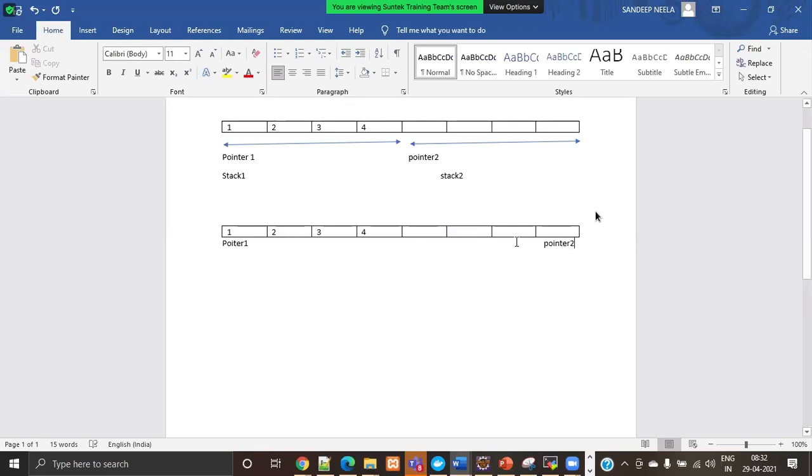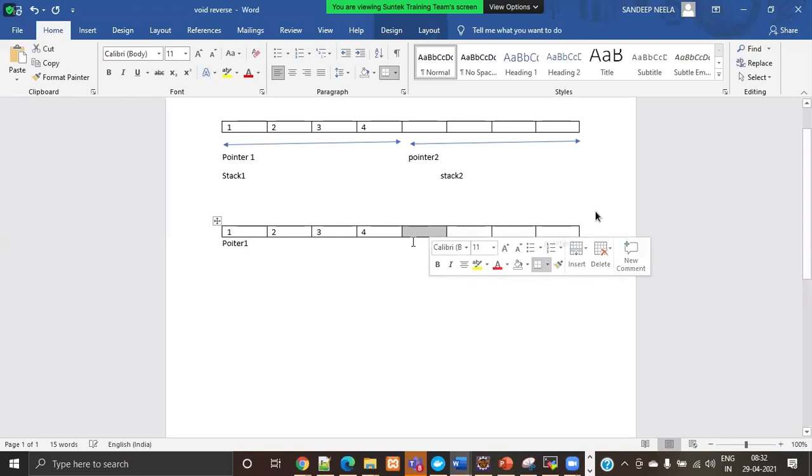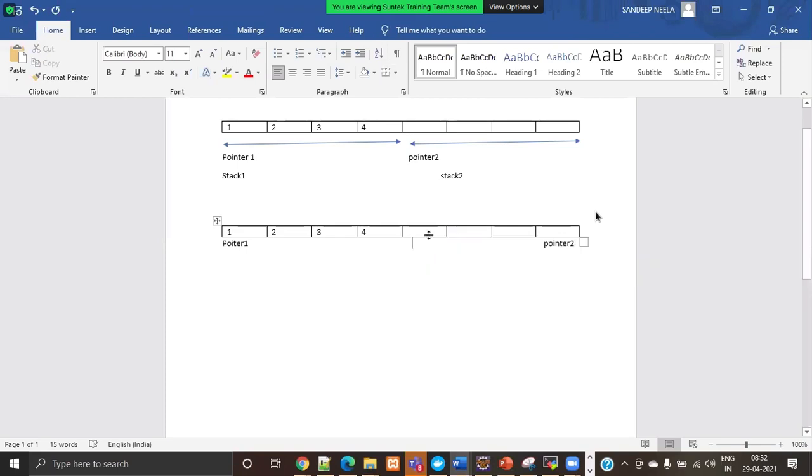While it is filling up, it will check the top element in this stack 1 and the top element in this stack 2. If there is any gap between the two stacks, that means the space is still empty, so it will go on filling the elements. It will not divide them into half; whenever space is there, it will fill. Suppose it is 6, it is 7. If there are only two elements in stack 2 and 6 elements in stack 1, it can accommodate. Like this, it uses the pointer concept.